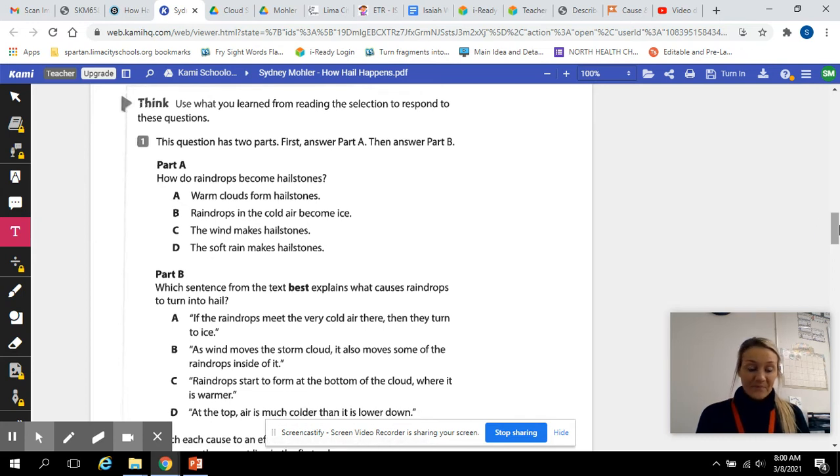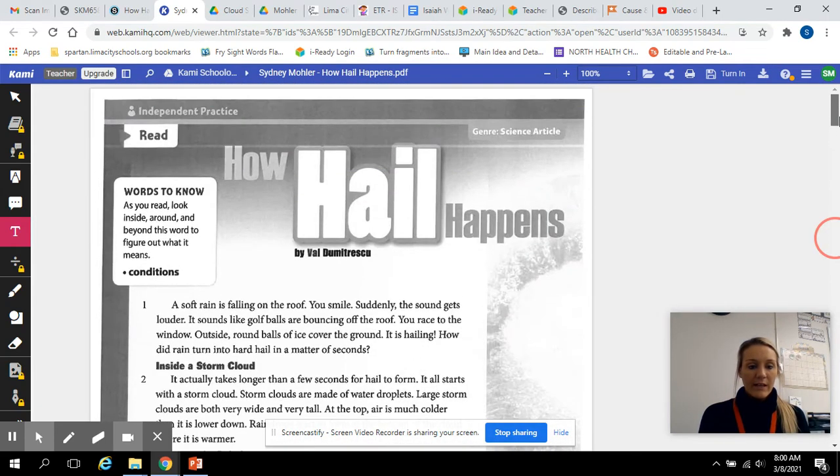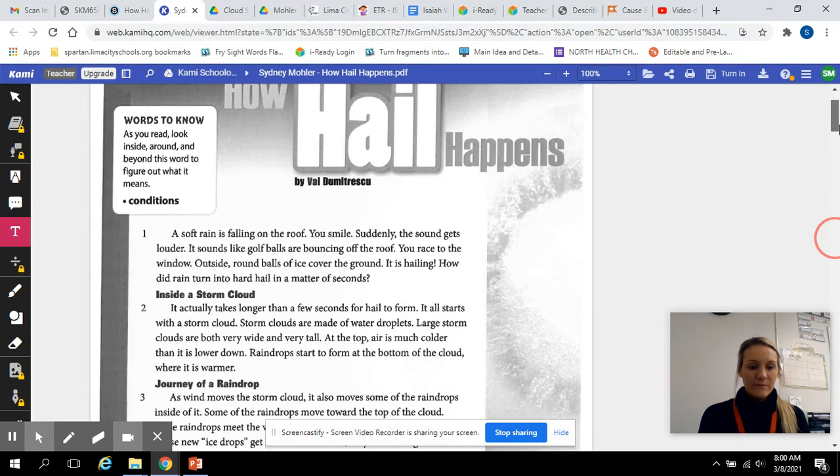Number one, this question has two parts. First, answer part A and then answer part B. How do raindrops become hailstones? Okay, how do they become hailstones? A, warm clouds form hailstones. B, raindrops in the cold air become ice. C, the wind makes hailstones. Or D, the soft rain makes hailstones. And you can find that answer